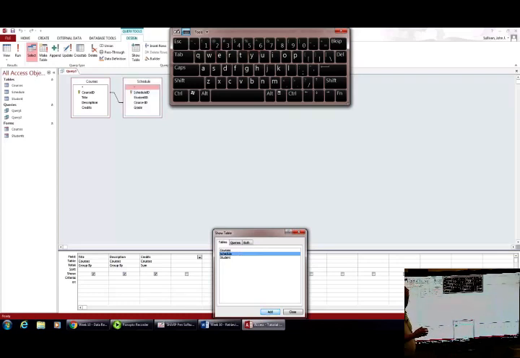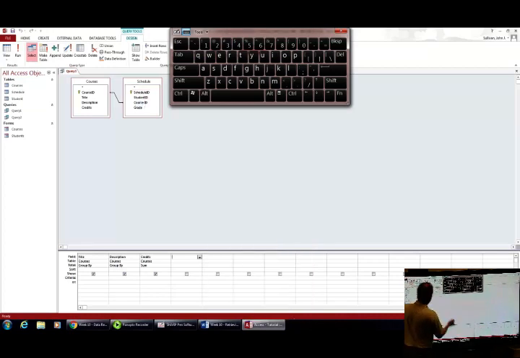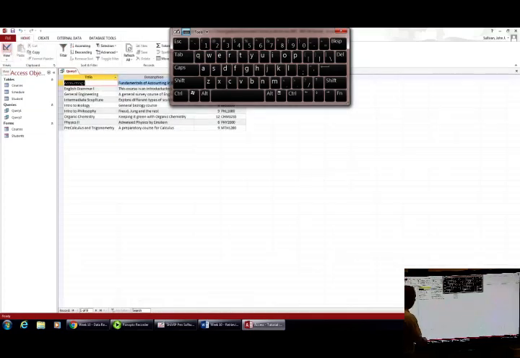There, and instead of picking course ID from the courses table, I'm going to pick it from the schedule table, which is going to give me all the repeating values. So they're going to have multiple records with the same course ID in it. Now when I change this back and I go into my datasheet view,